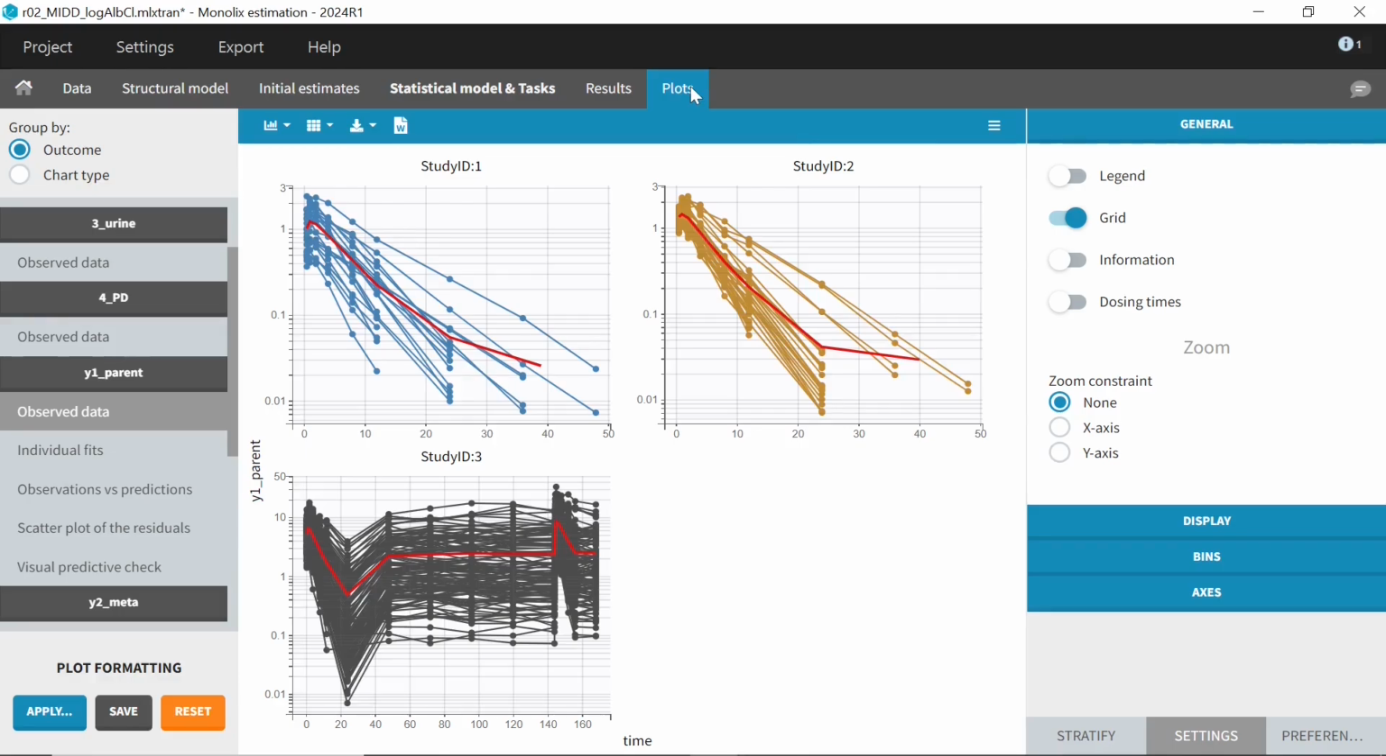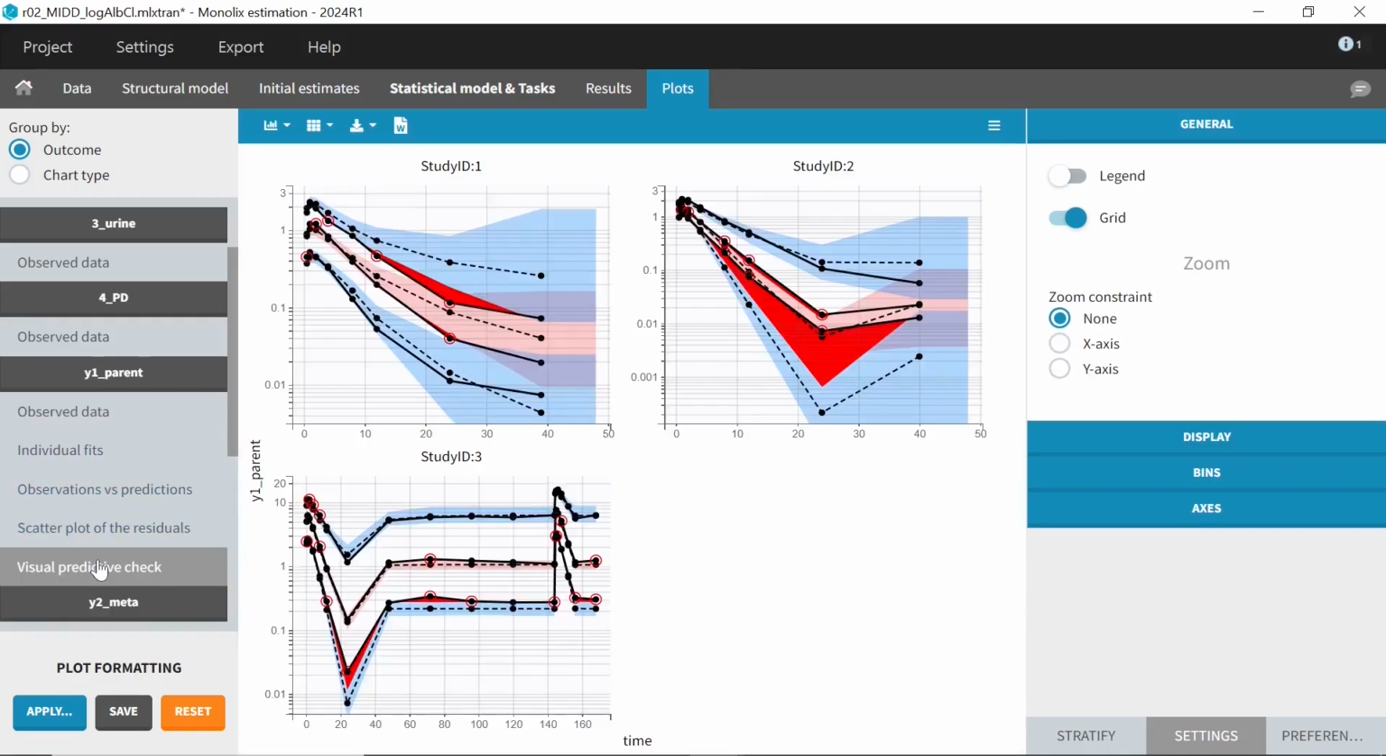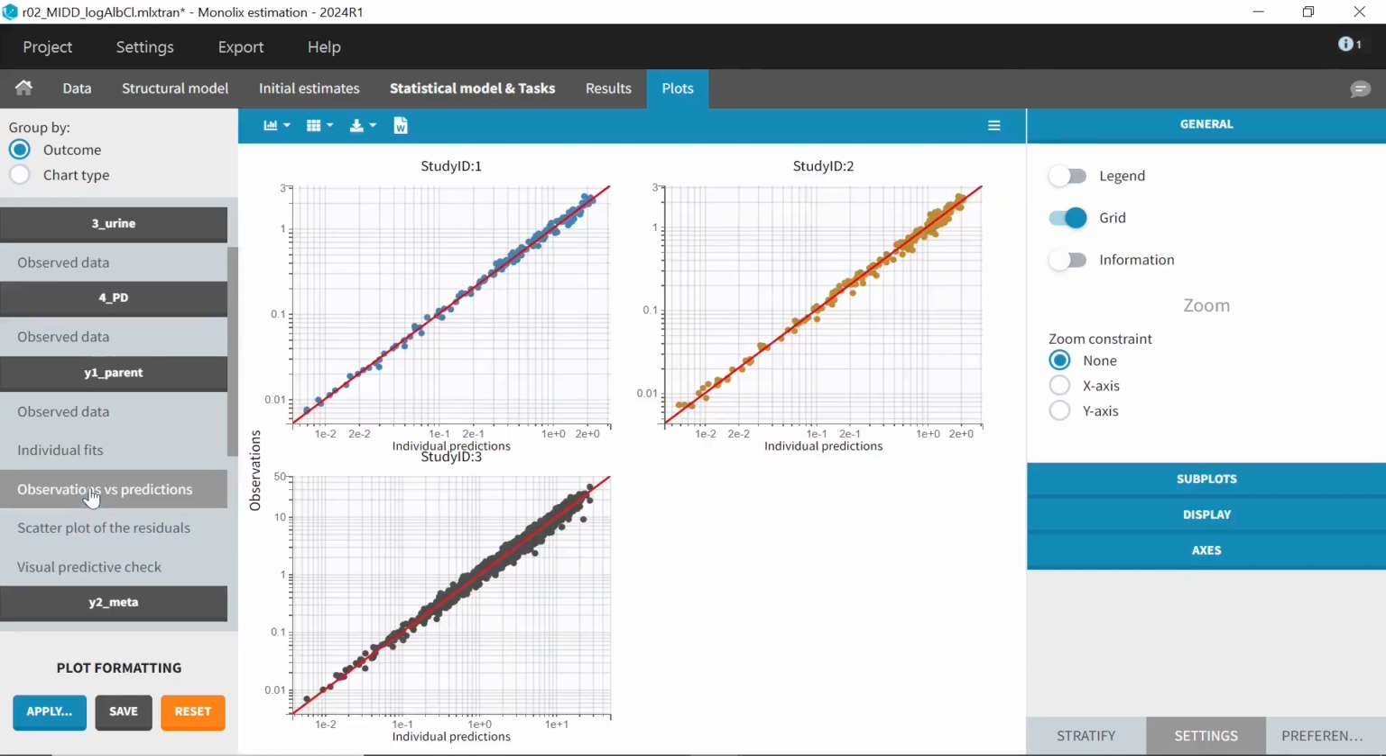For this project, I have split and colored the plots by study ID. Plots with a temporal profile are in semi-log scale, and observations versus predictions are in log-log scale. I would like to save the stratification choices and also the settings, so I save these customizations as a preset. I click on Save,